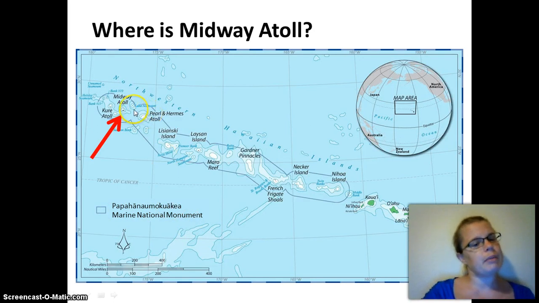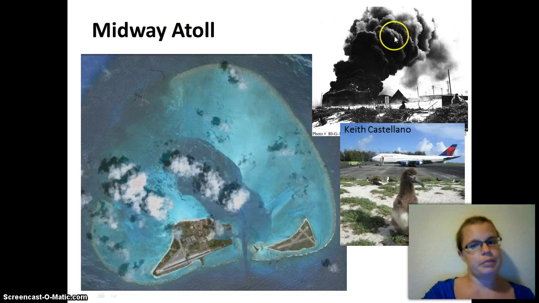You may also know about Midway because it was the site of a World War II battle and was a military base throughout World War II and the Cold War. So here's what Midway looked like when it was bombed. I don't know if this was Pearl Harbor Day, the day Pearl Harbor was attacked, December 7th, 1941, or if this was during the Battle of Midway, which was June 4th to 6th, 1942. But anyway, you can see the seaplane hangar here getting bombed. And then you can see this little albatross in there wondering what on earth is going on. Couple of them